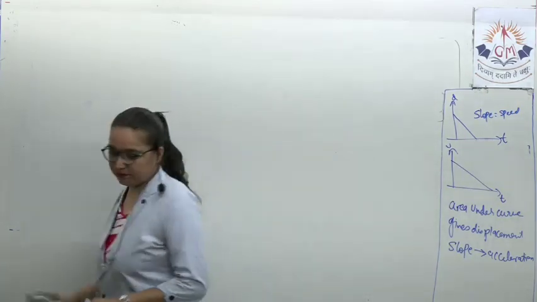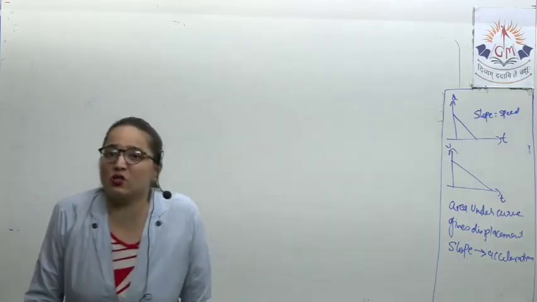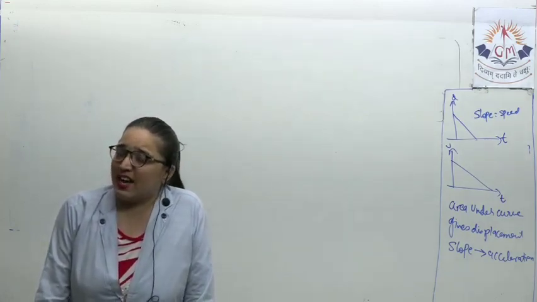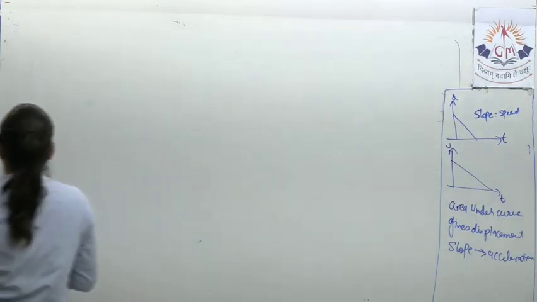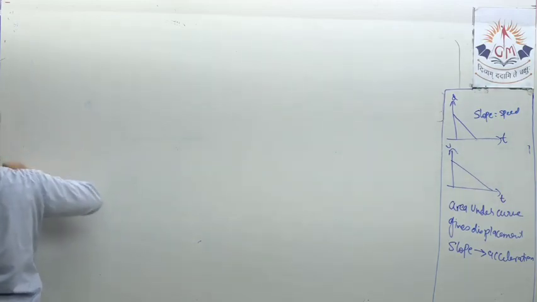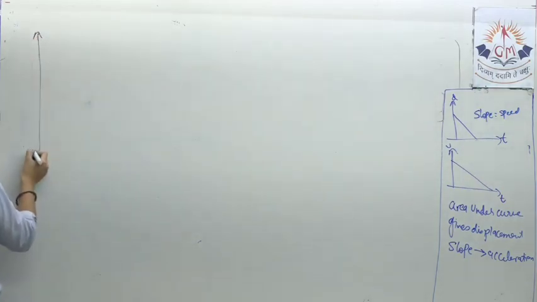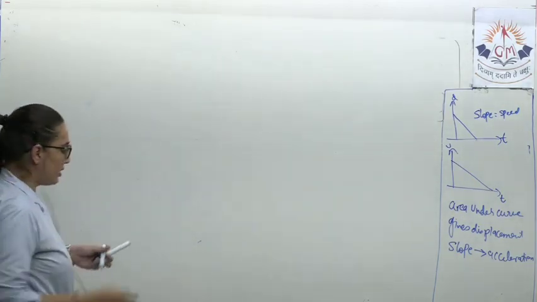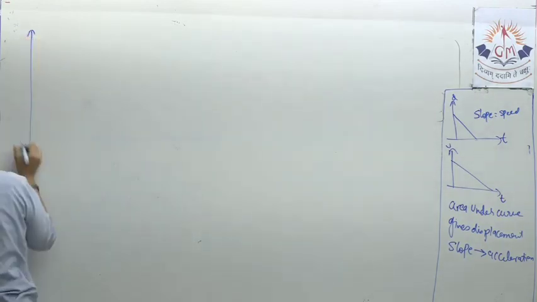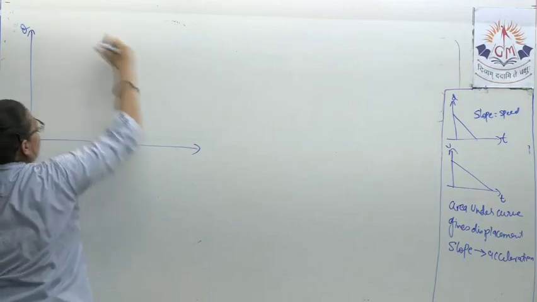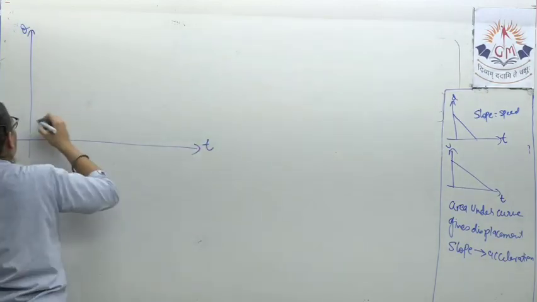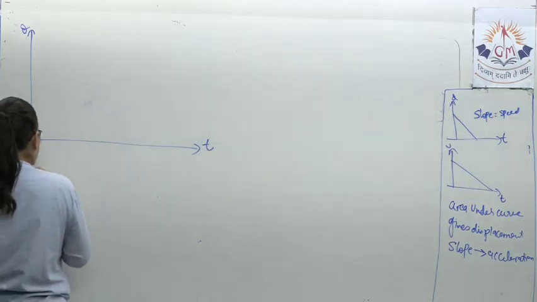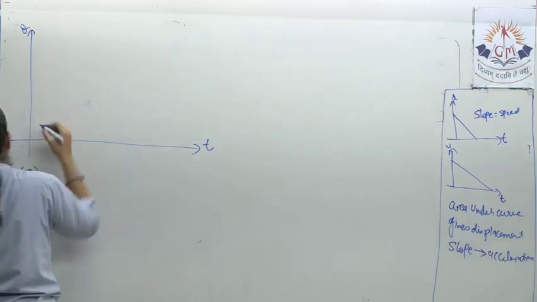Now next, we have been given the distance versus time graph of 4 cars, that is A, B, C, D. We'll see how the graph is, and we have 4 options. On the basis of that, we have to decide which is the correct answer. This is the distance versus time graph, and we have been given 4 different speeds of car. 4 different cars we are talking about, A, B, C, D, and they are over here.